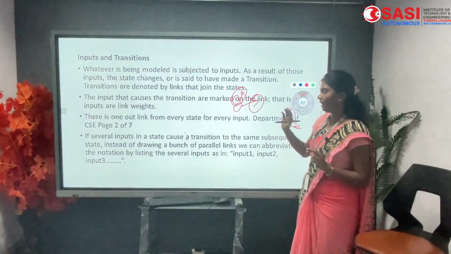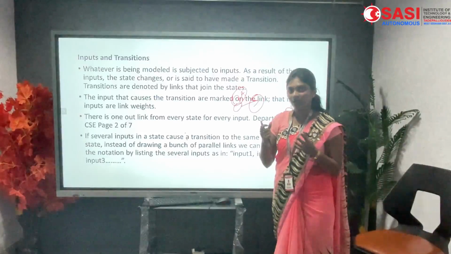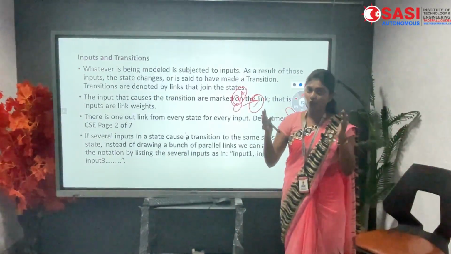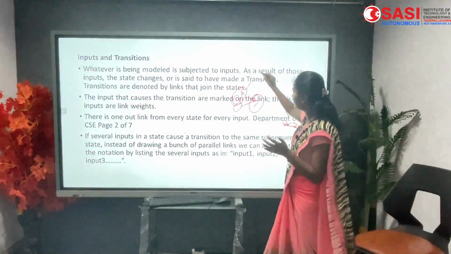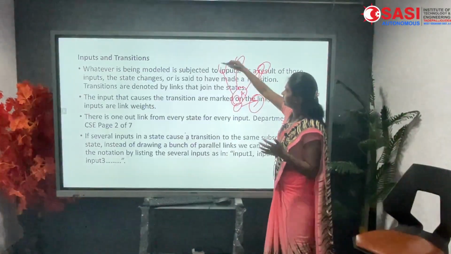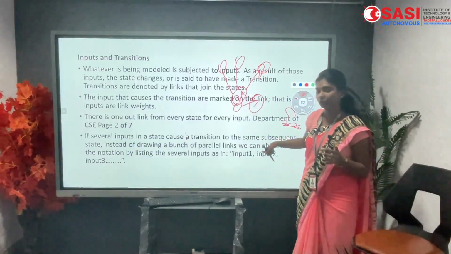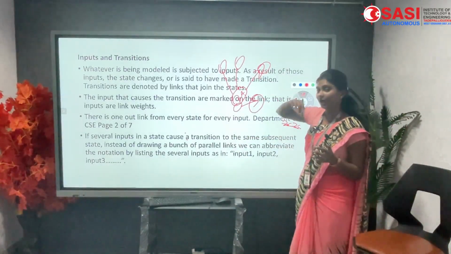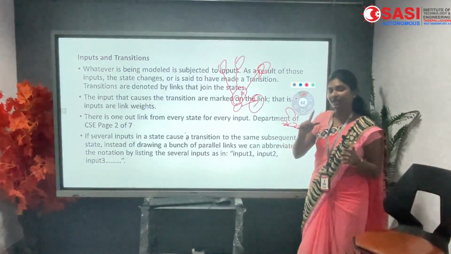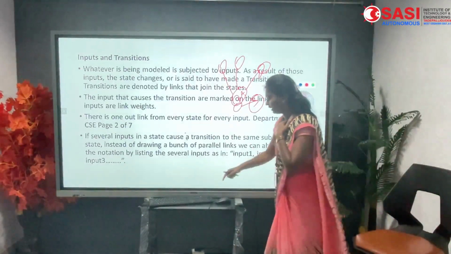Next, every input of the transitions is connected with a link to connect all the bunches. If so many transitions and so many lines are connected with multiple nodes, that means parallel links are executed. So many nodes connected with multiple nodes means parallel links are connected. Parallel links are always identified by a reduction procedure.